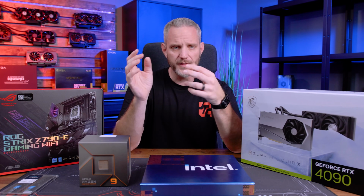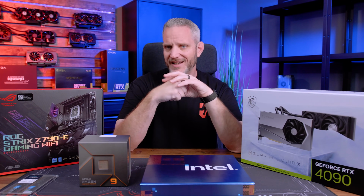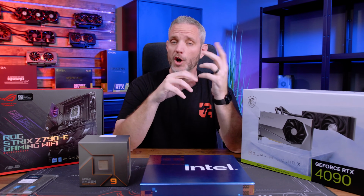just a general computer that's doing live streaming, just kind of poking around on some Photoshop, maybe doing some light editing. You're not going to notice the speed increase of DDR5, but what you are gonna notice is the price increase. When it comes to Intel being a better value, it's because of the fact that you can still run